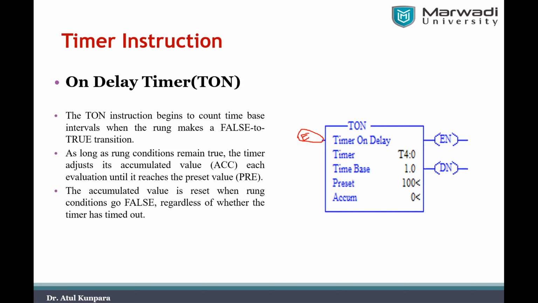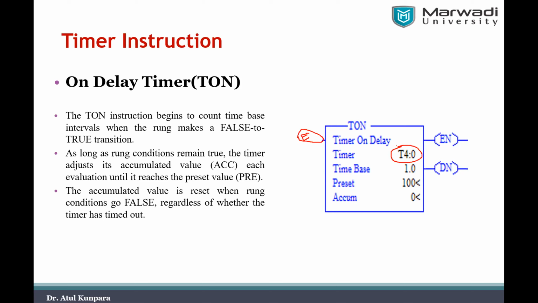In the timer, various fields are there, you can see that. One thing here you can see is T4 then colon then 0. That is the timer declaration, or you can say it's a particular timer number. You have to give the number of the timer from the timer file. Right, in your memory organization, there is one data file for timers, and in that data file, you choose which timer location you want to utilize. So that particular one you have to give here as an address, like T4 colon 1 or T4 colon 0 or T4 colon 53, whatever it is, right? So that you have to give here.